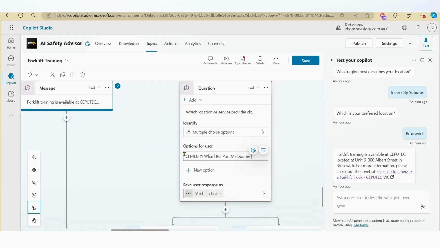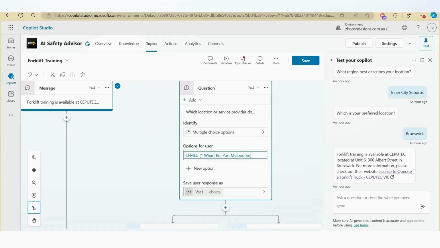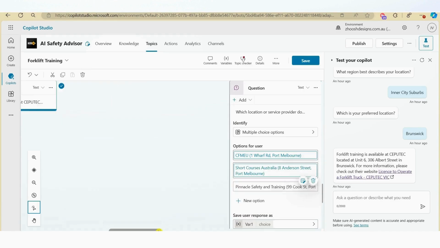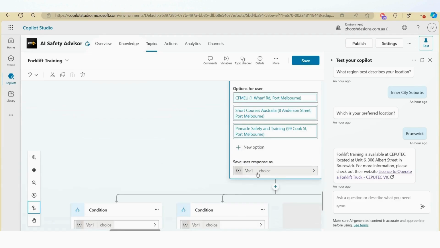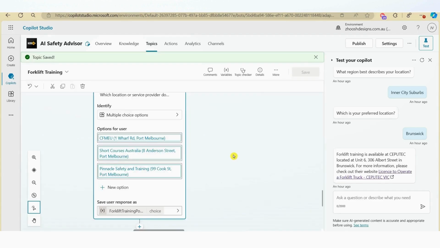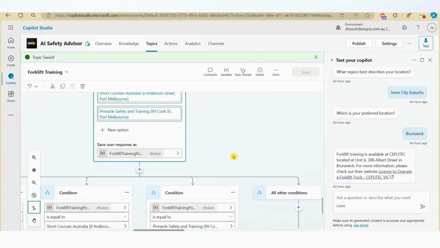So we've got CFMEU, next we have Short Courses Australia, and the third option is Pinnacle Safety and Training. And now for the variable, we'll just change this and type in forklift training in Port Melbourne. Now if we just scroll down,